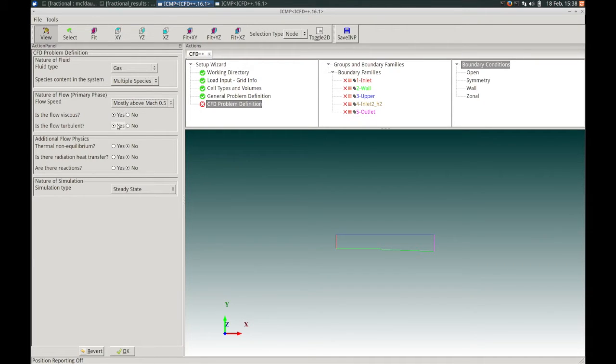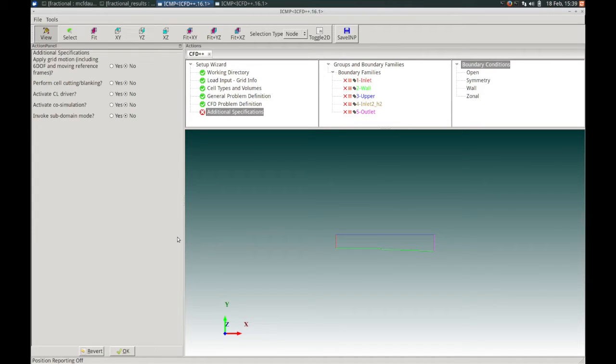Both the viscous and turbulent flow options will be set to yes. The thermal non-equilibrium option and the radiative heat transfer option will both be set to no. We'll select yes for modeling reactions. And our simulation type will be steady state. So now we can press OK.